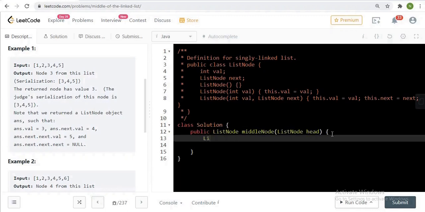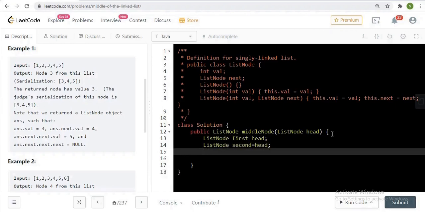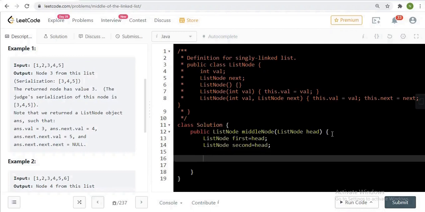ListNode first = head, and ListNode second = head. So we have created two pointers. The idea is, on each iteration we move the first node by 2 nodes and the second node by 1 node. Let me write the code for you.